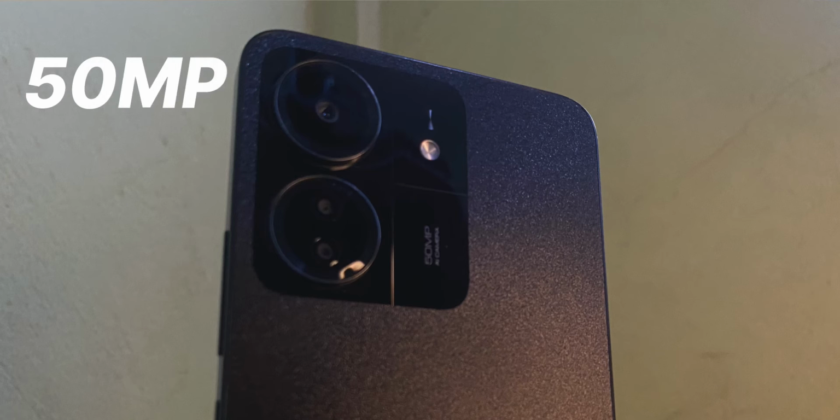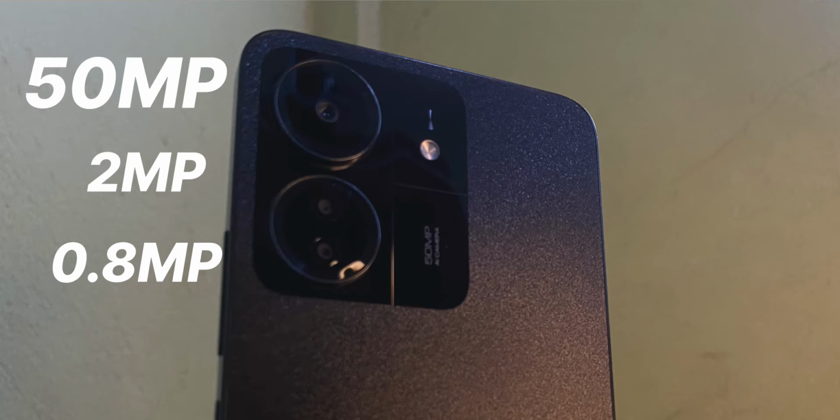On the rear, it comes with a triple camera setup. We have the 50 megapixel main shooter here, a 2 megapixel macro camera, and a 0.8 megapixel depth sensor. With the other two, the macro and the depth cameras, we are not going to be using those two here. We're going to be using the 50 megapixel sensor here, and that is what you would be using